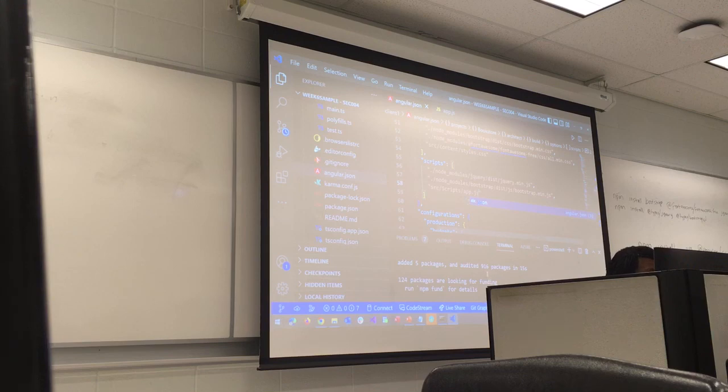So to run this, let's go to the terminal, right? At the terminal, you say ng, remember ng represents the Angular application, right? ng space serve space --open. So we want it to open that application. If you press enter,